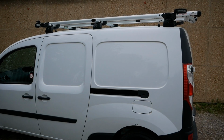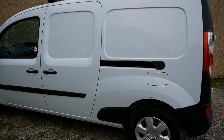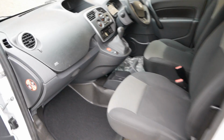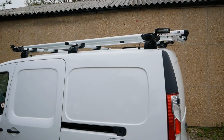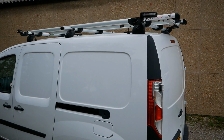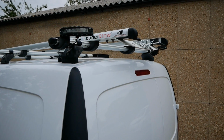So I'm going to start this video by showing you the back and what's up there on the roof, because this one is ex-British Telecom and they've clearly spent a lot of money on it. So we've got a button there which turns on flashing amber beacon lights on every corner. These are LED lights, and as you can see, it's got a Renault ladder rack and roof rack up